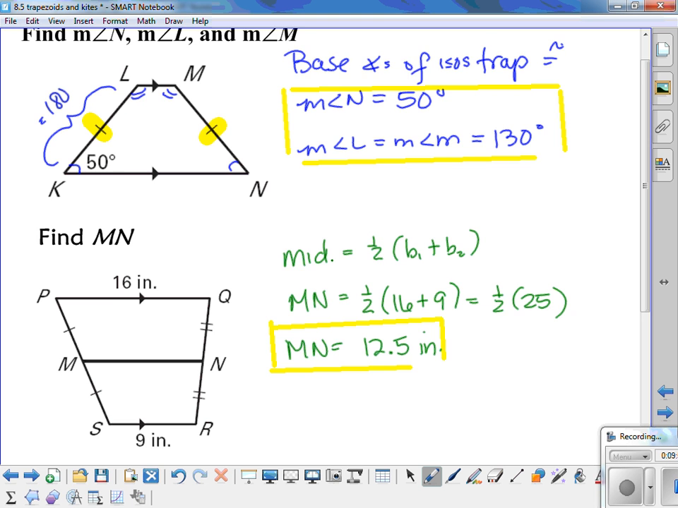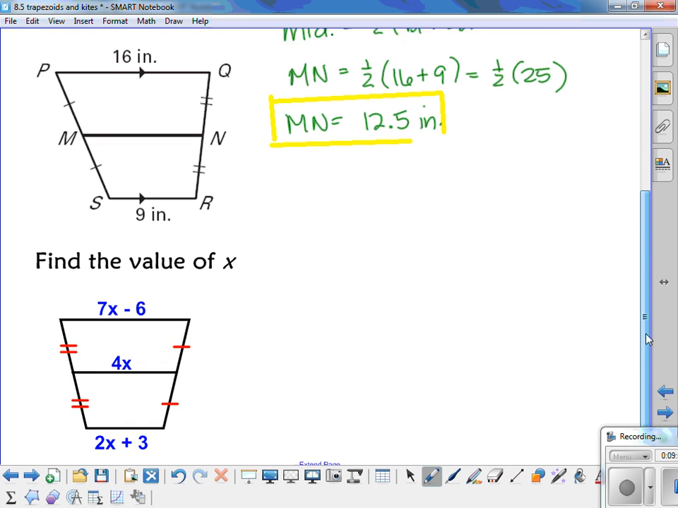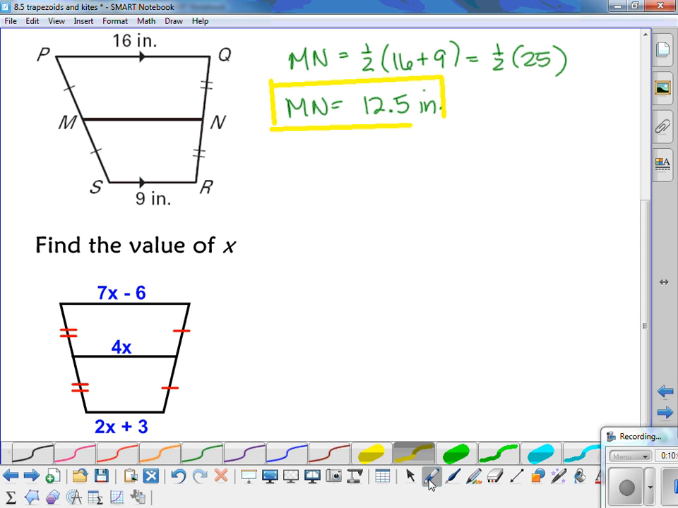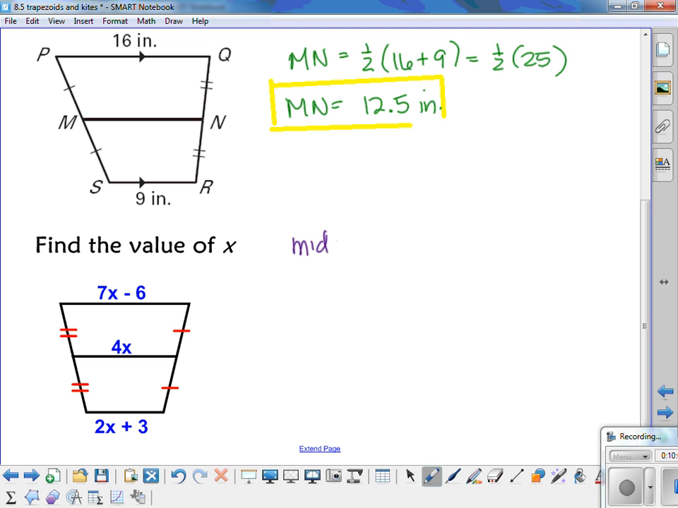Now sometimes you may have a problem that instead of giving you numbers, they give you expressions. But we're still going to do it the same way. We're going to plug in what we know and solve for what we don't know. So again, the mid-segment is equal to half of base 1 plus base 2. So my mid-segment in this figure is 4x, and that has to equal half of 7x minus 6 plus 2x plus 3. So now it's just an algebra problem,